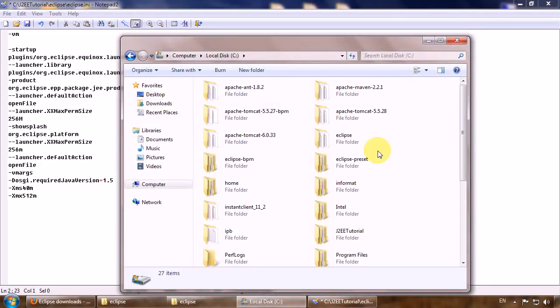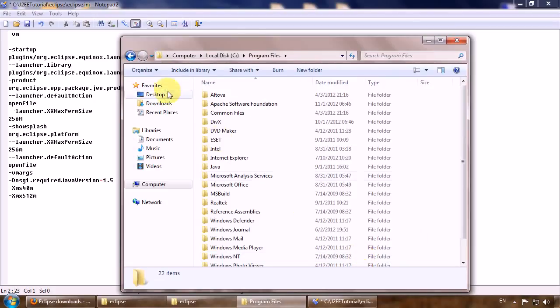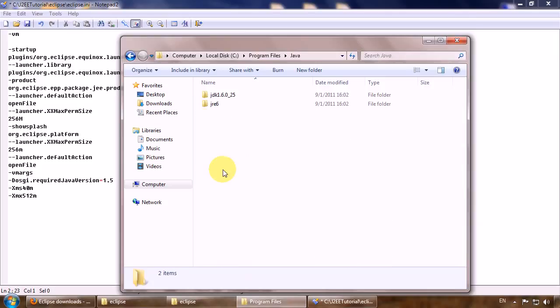So I want Eclipse to use the Java runtime environment from the Java folder, and it's always better to point to the JDK Java runtime environment rather than standard Java runtime environment, because we will install many plugins to the Eclipse, and many plugins require that Eclipse run on the full JDK instead of the JRE, I mean, sorry. So